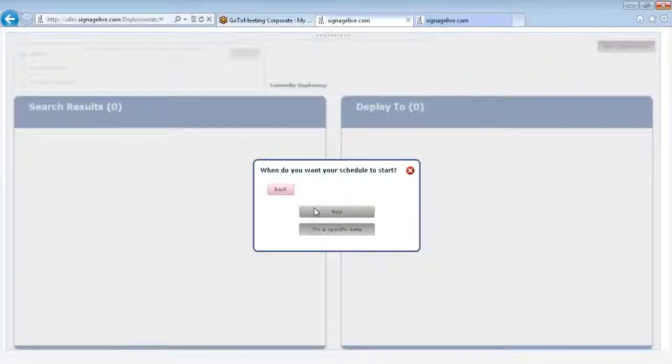So let's go back to deployments now. And let's look at schedules. So how would you like to show your content? So we'll say as a schedule. When do you want your schedule to start? So we can say now, or we can actually run it on a specific date. So if I hit on a specific date,